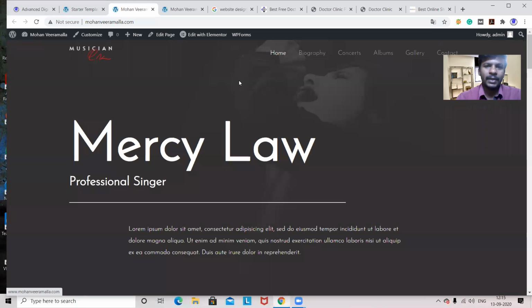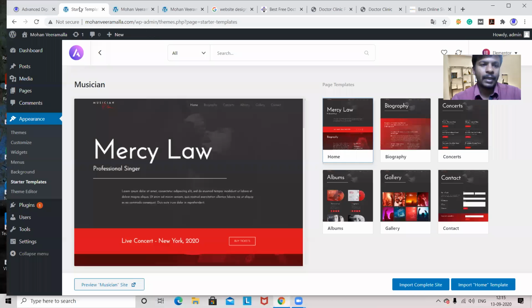Fine. Now to design the header part, what should I do? I said customization. Appearance, customization, where we can customize our theme. Under appearance we have an option called customization. Now if I go to customization, I can do something, but not every option will be available in the customization. Some will be somewhere else. So what to do, how to do, we will see.